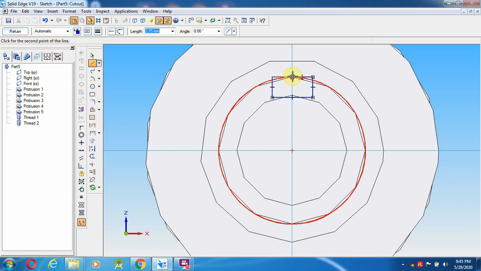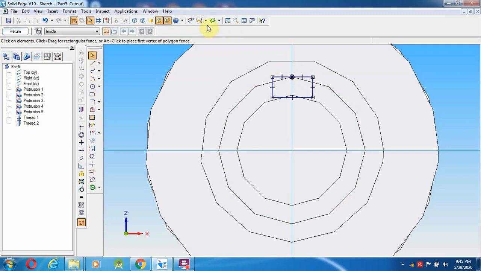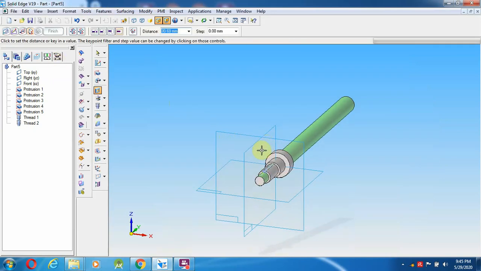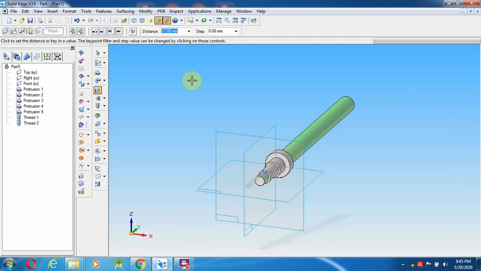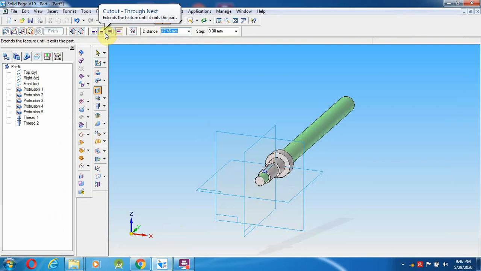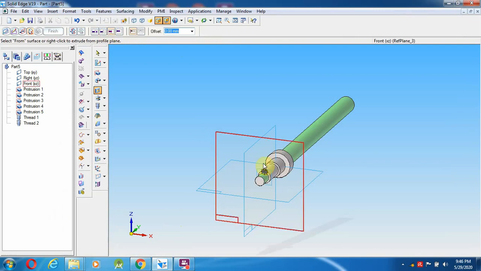Find the end of the line. Okay, so after done this, I'm going to give return. So this will come up to what? So up to which one? Up to the end, next 20 mm diameter. So go over here, select the from to extent, up to this, left and right click. That's it. So this will be created over here. So a small groove has to be created over here.